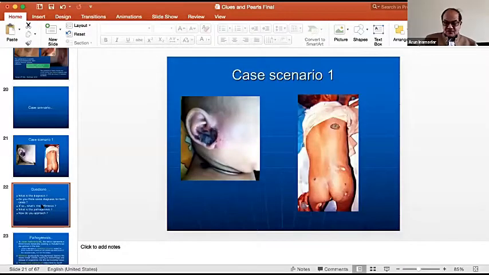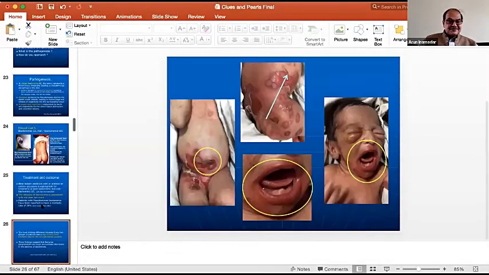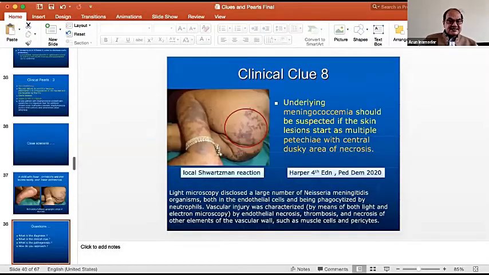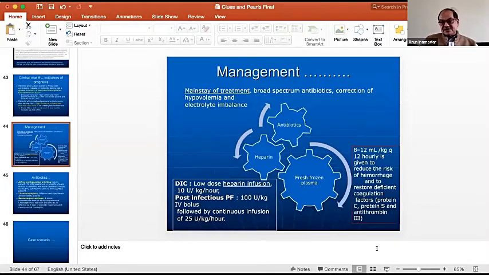Once the DIC sets in, I showed you the slide where first is antibiotic, another is fresh frozen plasma, another is heparinization. And in fact, if you want me to show again, I can just recall that and show that slide. Yes, sir. You can do that. I didn't discuss much simply because all of you will be qualified in knowing those things. Instead of repeating, I'll just show you that. That's a good one, actually.